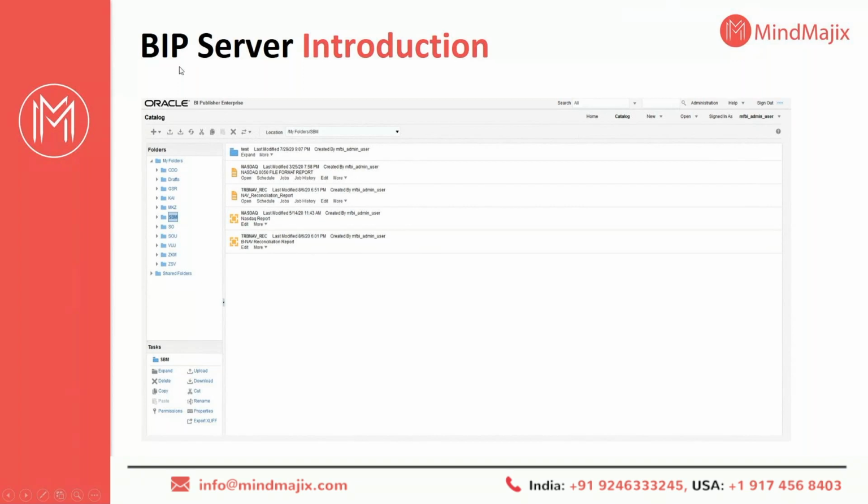As I said, BI Publisher mainly has two components. One is a data model, where we are getting the data, and the next is the report model, where we are transforming the data into the report. The catalog is the hierarchy, or folder structure, of the report server. When you go to the catalog, you will see this file structure. For each report you will have two components: the data model component and the report component.